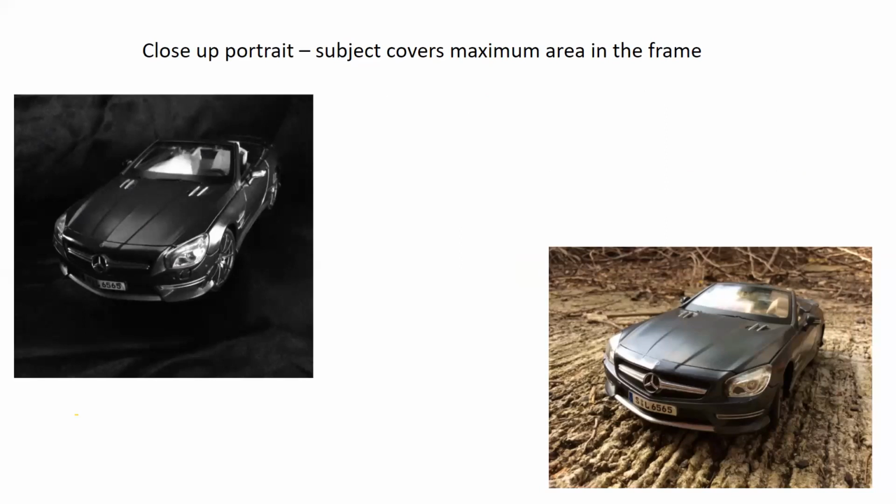So close-up portrait is any type of photograph in which maximum area of your photograph is covered by your subject. Like in this, if you see this model of a Mercedes, it covers almost the entire frame. There's hardly anything else that you can see. So this is called a close-up portrait, in which there is nothing else to see. You have to show only your subject and a little bit of around, that's it. These are quite easy to capture, but there are definitely some tips and tricks to capture these close-up portraits that I'll share later. First, let's go through the types of photographs we can take.